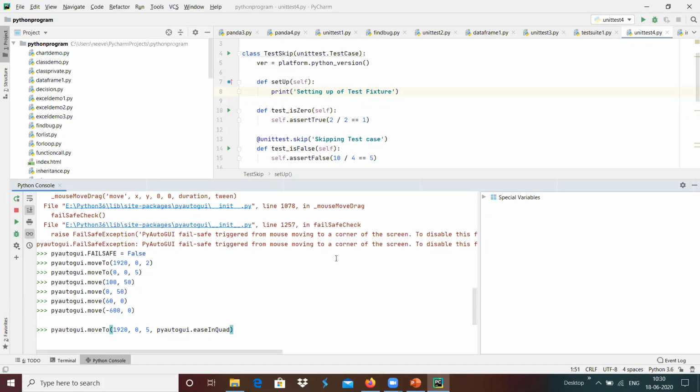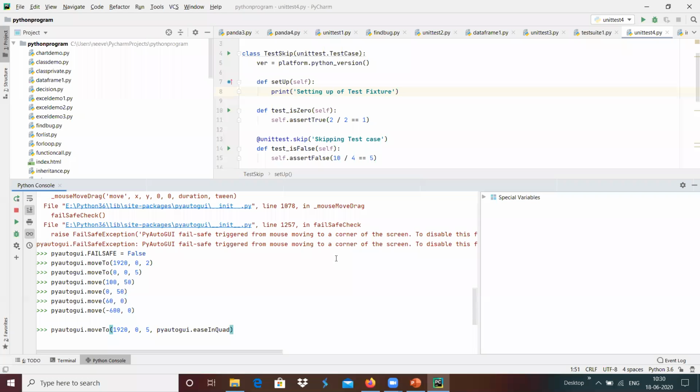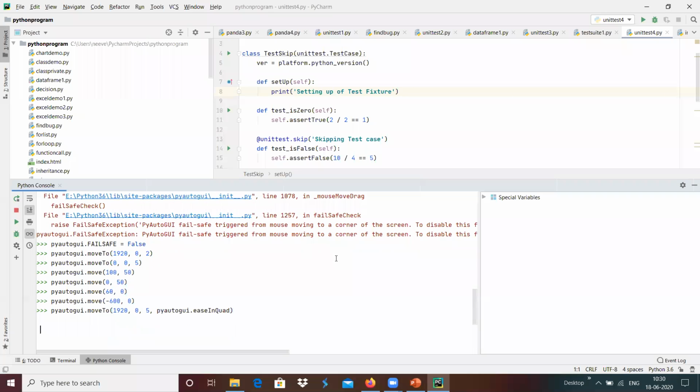Whenever we do this, it will start slowly and end fast. Now we can see it starts slow and goes fast at the end. The movement is faster at the end, but the starting is very slow.